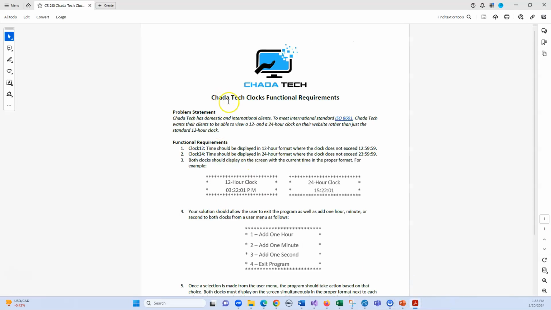This is what it tells you to do. It gives you the problem statement again, and then you have 2 clocks. Notice that they're displayed side by side. Doing the stars is really not as challenging as you think. There's several different ways to do it. You can just do a simple for loop and print that many stars, or you can declare a string variable initialized to that number of stars. And then what you're going to want to do here is